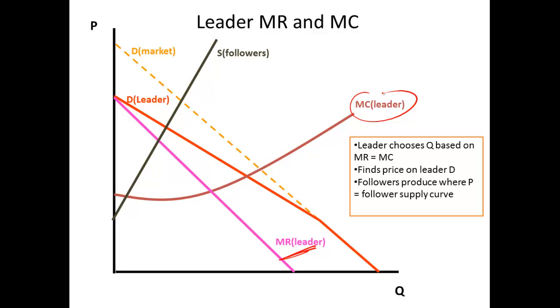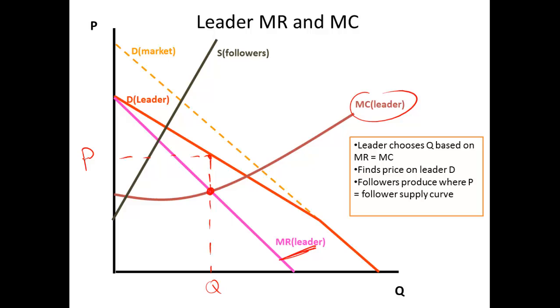Well, let's think about this. We have a leader who has a downward sloping demand curve and an associated marginal revenue curve and a marginal cost curve. So we know that we're going to find the leader's optimal quantity at the intersection of marginal revenue and marginal cost. And indeed, there's that quantity. Where do we find the price? Well, we go up to the leader demand curve,